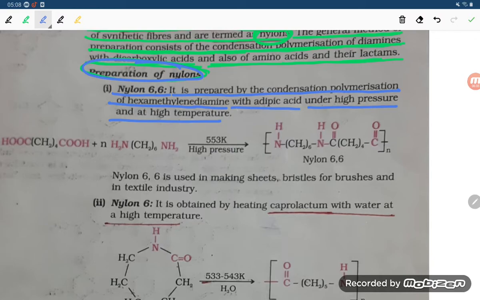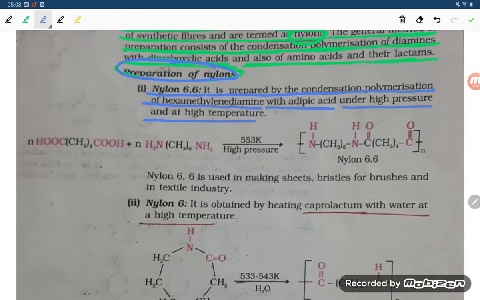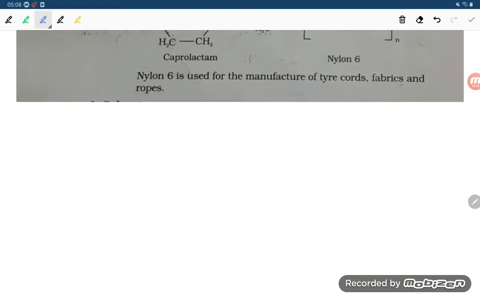It is prepared by condensation polymerization of hexamethylene diamine with adipic acid under high pressure and high temperature. So this is the acid, adipic acid, and this is the hexamethylene diamine. At high temperature and high pressure they react, and nylon 66 is formed. Let me have a look at how this nylon 66 is formed, dear student. If you talk about the adipic acid,